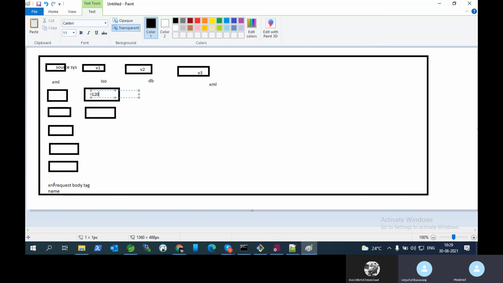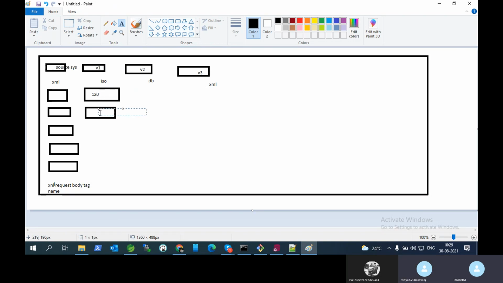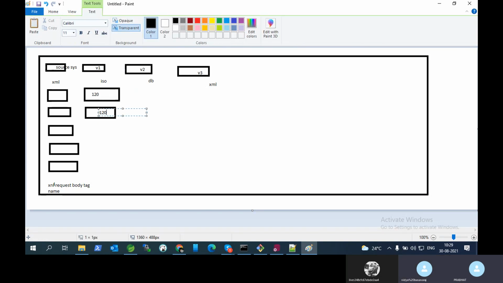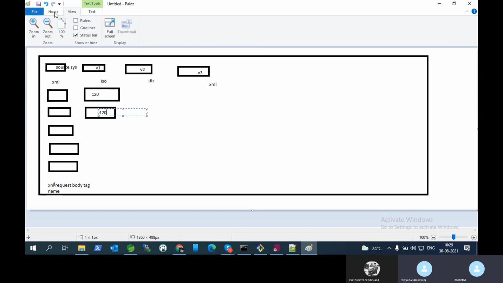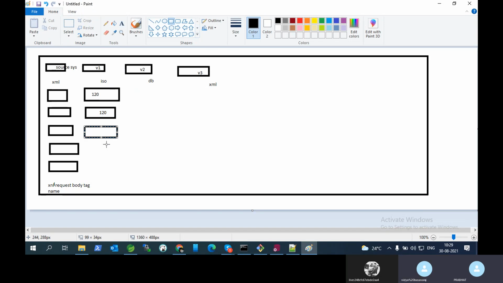Suppose 128 is maintained, we can display 128; if 120 is maintained, we can display 120. This is not only for one, it is for all. However many external system source system tags there are, that many we have to display here.